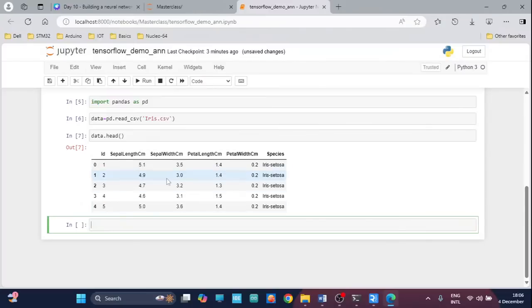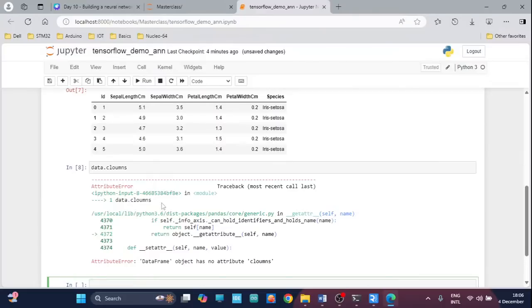So actually we are moving towards creating a particular TensorFlow workflow, and that is what we are trying to do. For that you need your target and features separate and ready, then only we can proceed. For doing that task, here we are going to split the species separately. First let's pick the columns alone, using data dot column, and if I hit enter, again